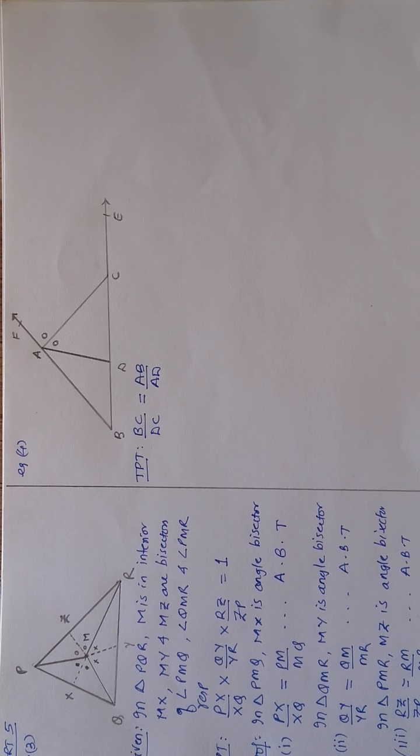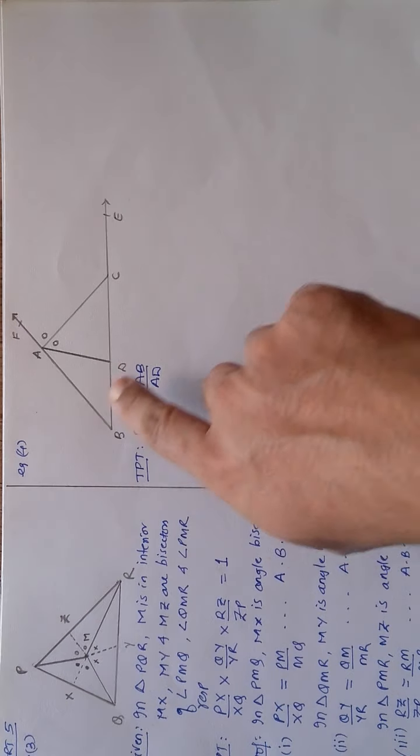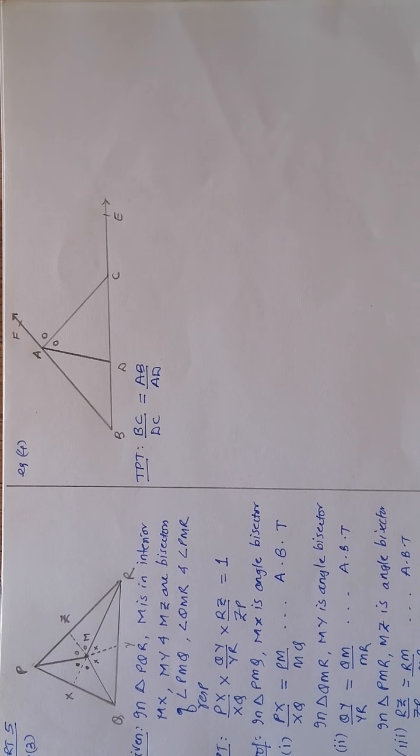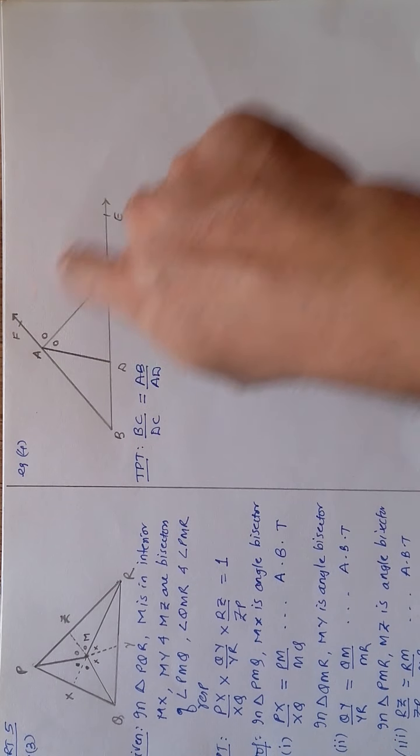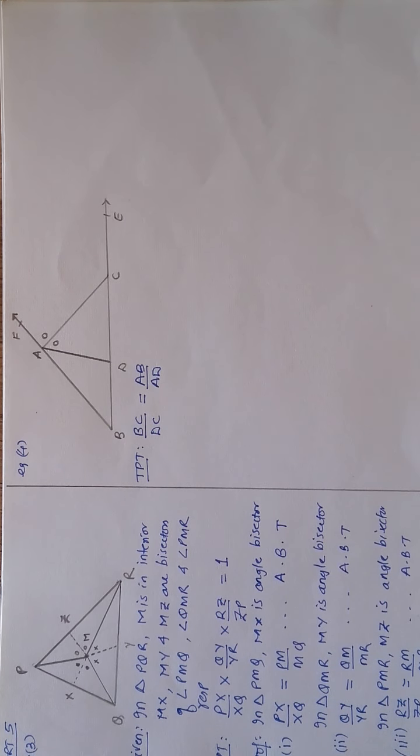Hope you have tried now. Let us think on how we can proceed on this. Strategy is very important. If I see the first ratio, BC is to DC, then I must know if I am able to apply basic proportionality or angle bisector. You will say that angle bisector is applicable, because the angle bisector is here. But it is the bisector of an angle which is not in a triangle. That means it cannot be applied over here.